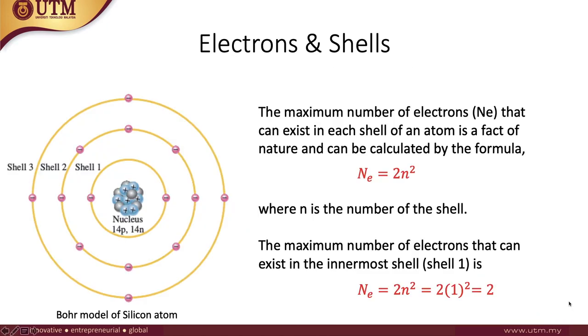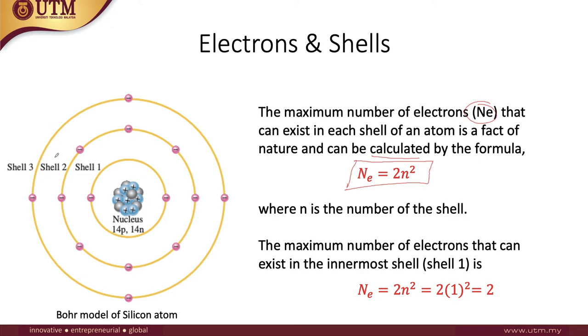Let's look next. The maximum number of electrons, which is Ne, that can exist in each shell of an atom is a fact of nature. It is a fact of nature and can be calculated by the formula Ne = 2n². I think it is very easy for you to memorize how many electrons shell 1 can contain. But if the shell is getting bigger, it's very difficult for you to remember